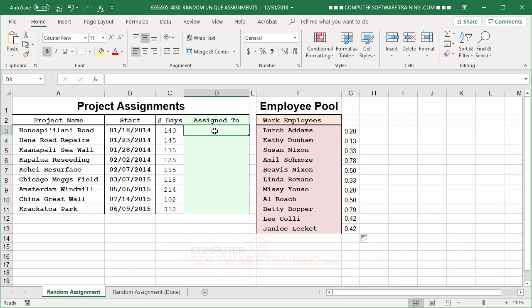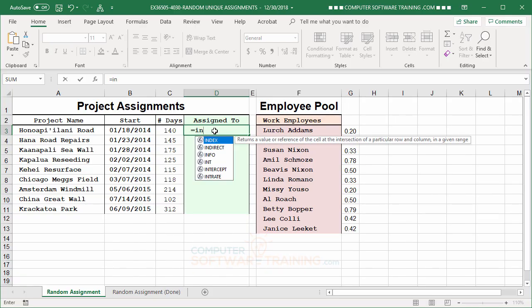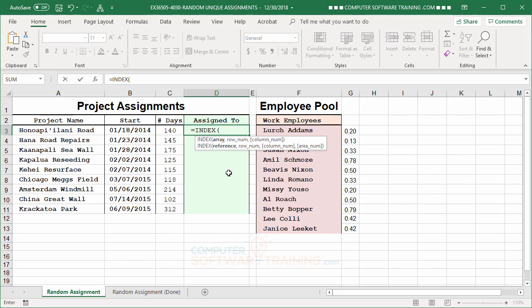This formula is going to be the one that has all those other functions in it, so it's quite a nesting of functions. We're going to start out with the equal sign. We'll type in INDEX, so I-N, and then double click on INDEX. Then we're going to click onto F3. Now F3 is going to be our first employee that we're going to be picking from, from the pool. So we'll click onto that, and we'll drag it all the way down to F13, which will be the last